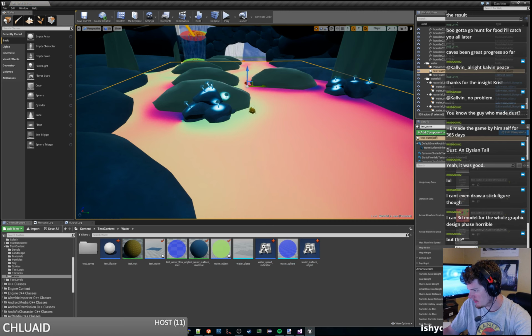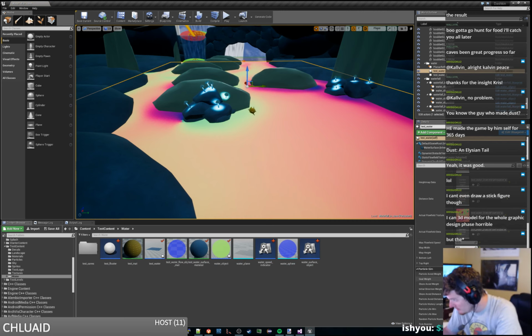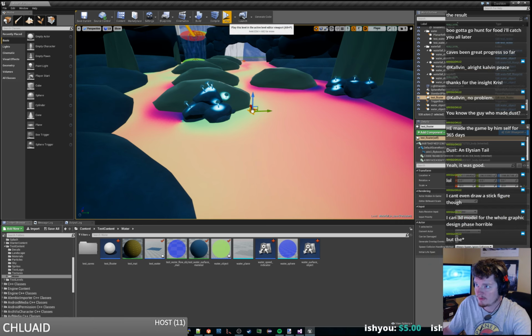Our bottom left, bottom right, all that sort of stuff is totally saved out, it looks like, and everything else like that. So if we hit play,